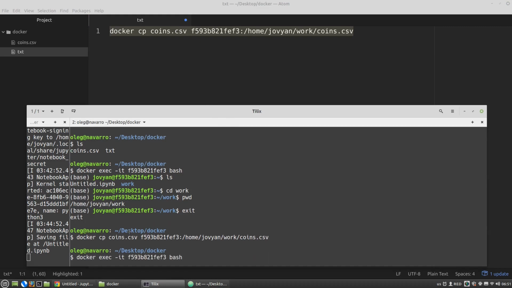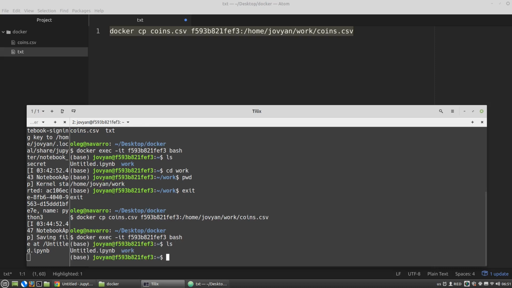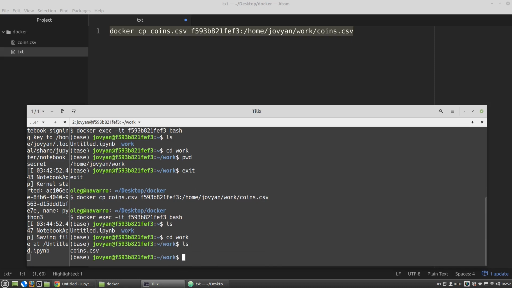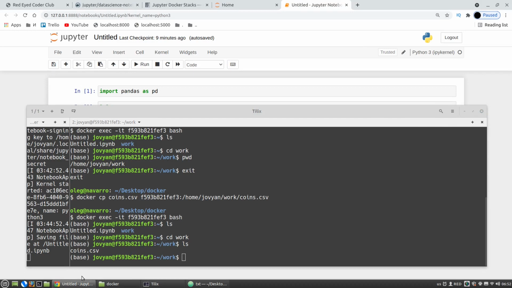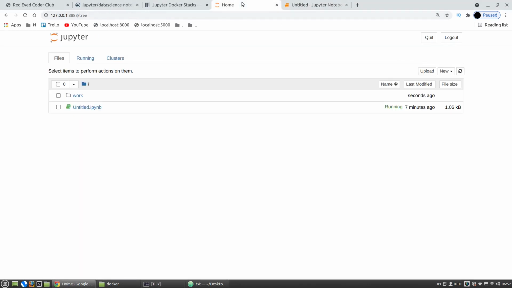Let's look at it again. ls, cd work, ls, and we can see the coins CSV files here. Okay. The work, and we can see coins CSV here too.